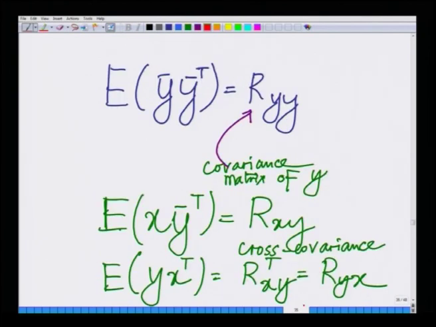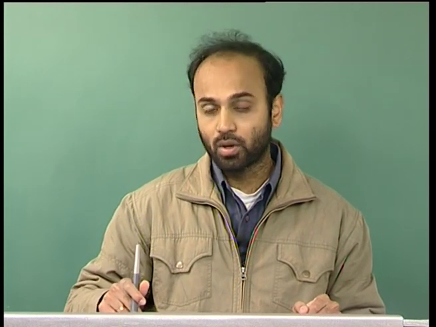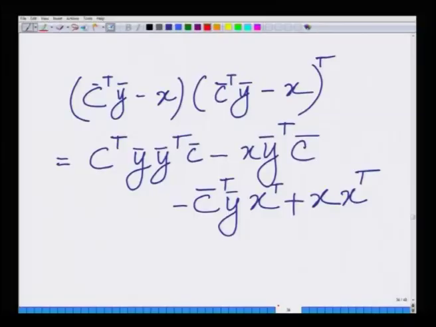We also saw that expected y y transpose is R y, expected x y transpose is R x y, expected y x transpose is R x y transpose. It is also R y x, that is the correlation between vectors y and x, which is also R x y transpose. Hence, using that simplification, coming back to this, I can write this as